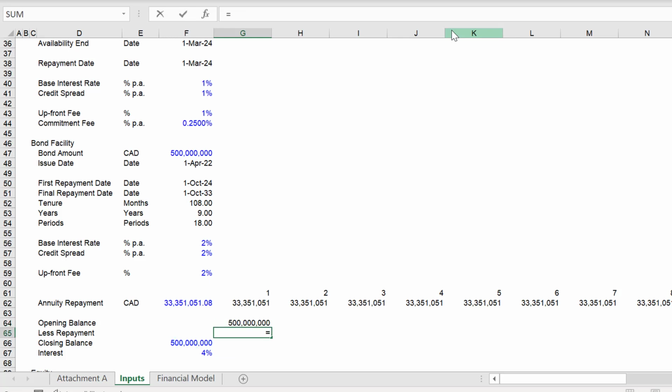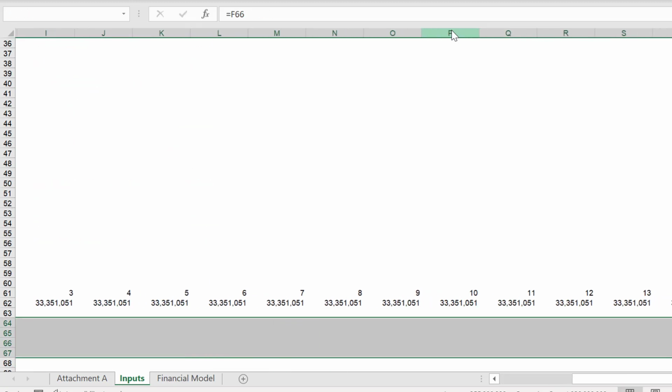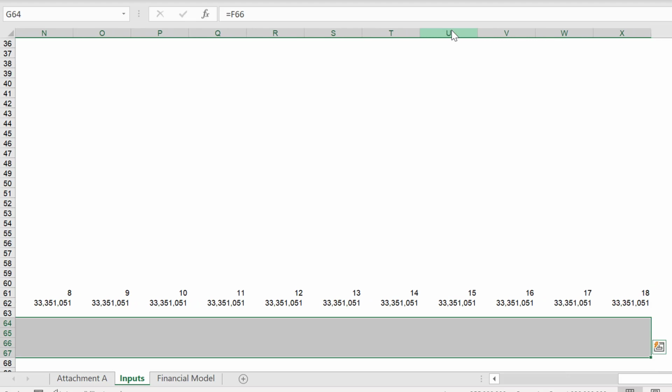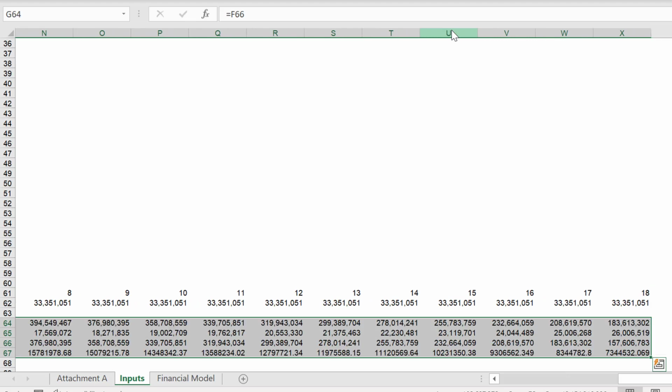And then the repayment is the total repayment minus the interest, which we don't have, and the closing balance is the difference, and the opening balance times the rate is the interest. And then you can copy this across and make absolutely sure that